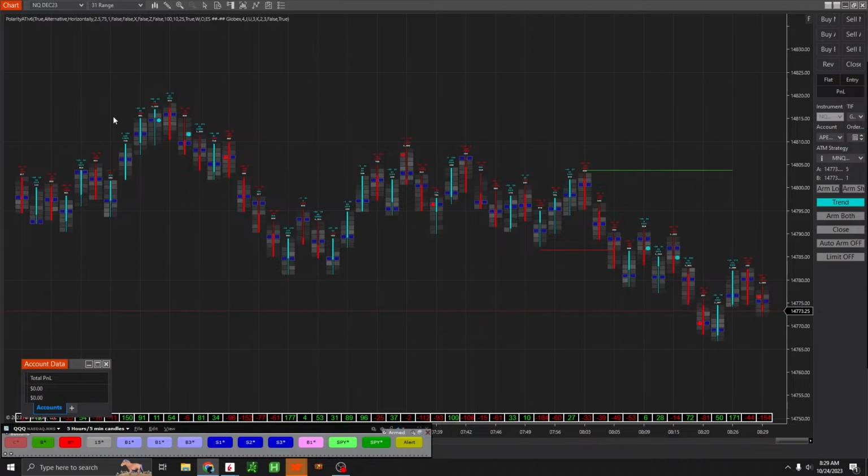I have some other streams in the background. Hopefully they're not too loud. I'm going to be a little bit more conservative today in my trading. Also watching some small caps on the other monitor. Okay. So right now I really don't have a bias or anything like that. Hopefully I set this up correctly because I'm using NQ today.